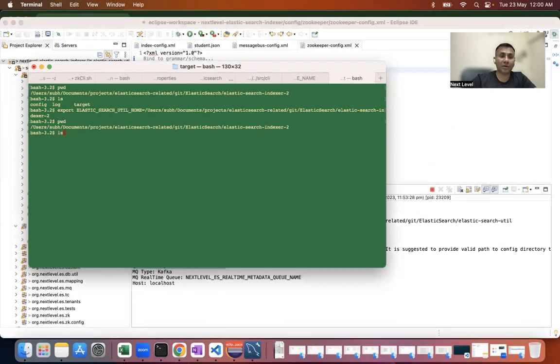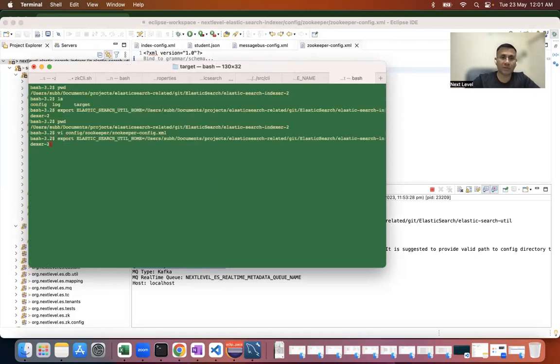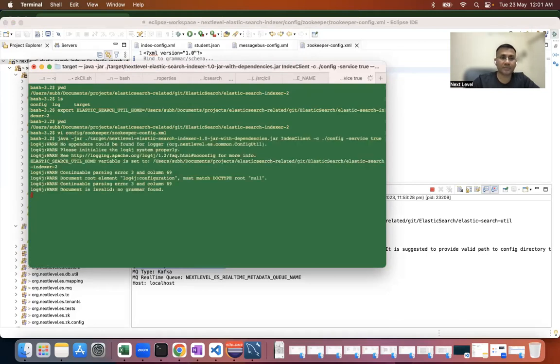What happens to this? Before even this, there is one file that I have modified. If you see the node ID in this ZooKeeper config file, I marked the node ID as 2. That means the second process would be starting with a process ID of 2. If I keep this as 1, let's give it a try. Now there would be some conflicts, right? Because you have one process which is running already with that ID. Now, if you run it,